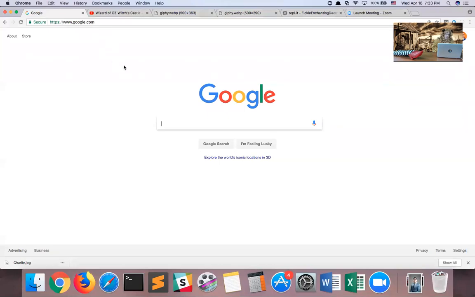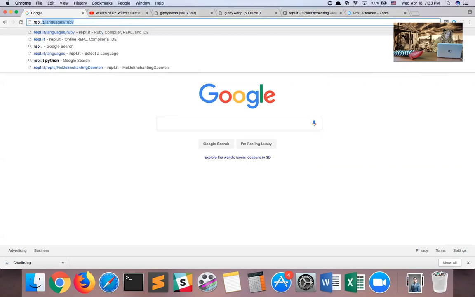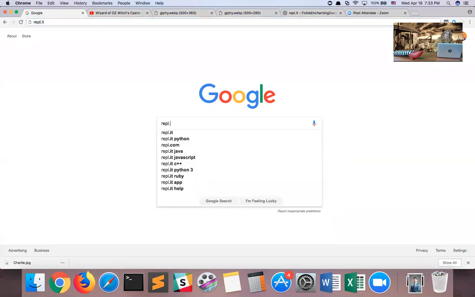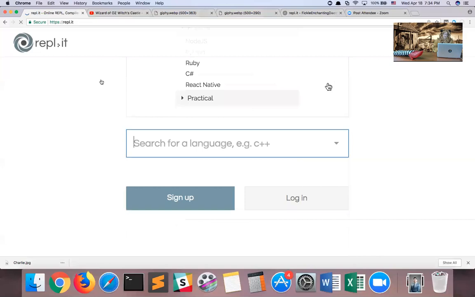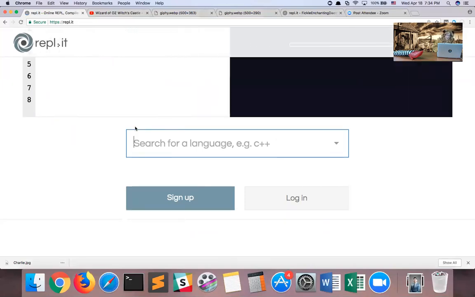So I am going to go to a site called repl.it, or you can also just type it into your Google search. And if we click on this, we go to this website, and it's called repl.it.